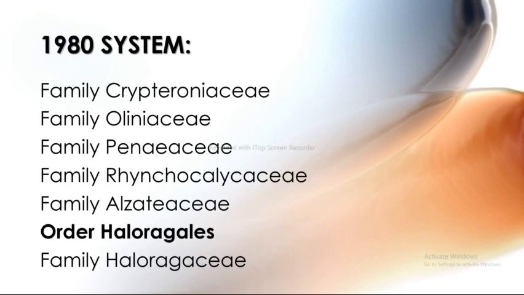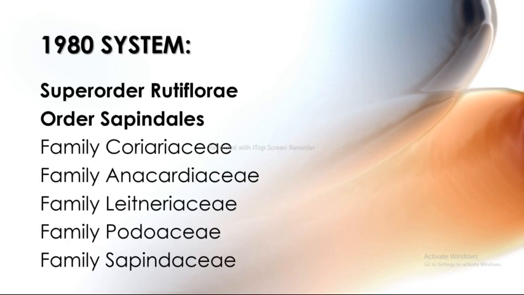Alzateaceae. So the next order is the Haloragales. It includes the family Haloragaceae, and the next superorder is Rutiflorae. This Rutiflorae includes the order Sapindales, which includes the families